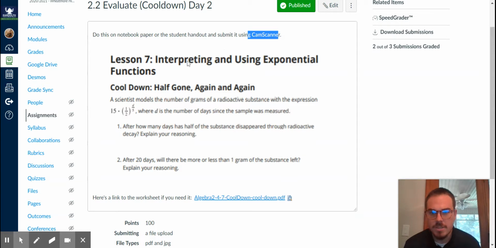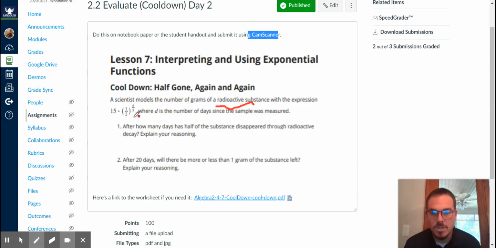So lesson 7, interpreting and using exponential functions. Here's our cooldown. Half gone, again and again. A scientist models the number of grams of radioactive substance with an expression 15 times 1/2 to the power of d divided by 5. D is the number of days since the sample was measured. After how many days has half the substance disappeared through radioactive decay,